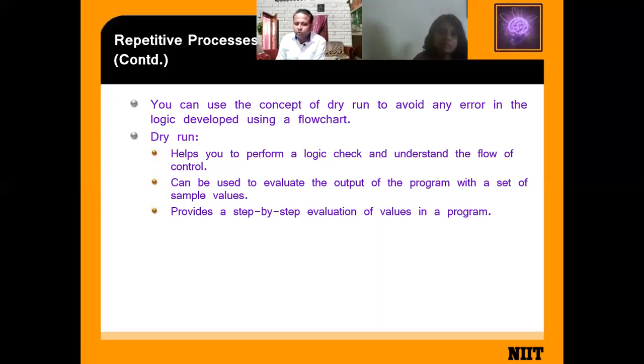It can be used to evaluate the output of the program with a set of sample values. So you have to take some sample values and check whether your program is written correctly. It provides a step-by-step evaluation of the values in a program.